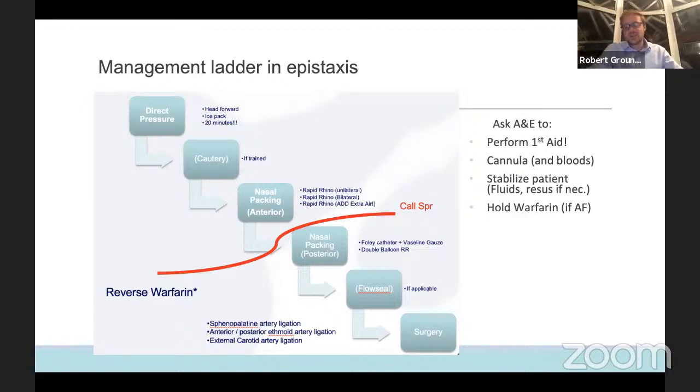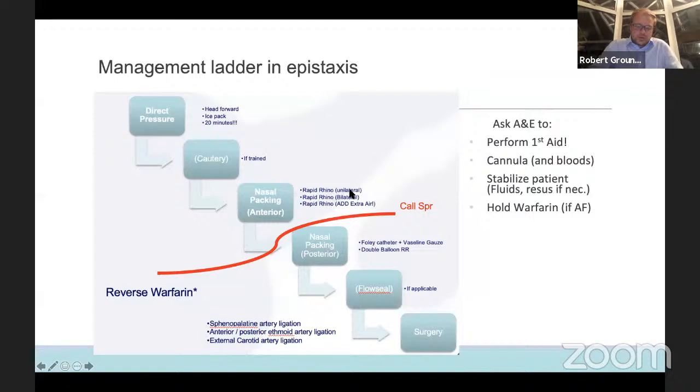Warfarin actually, if you've got a patient who's on warfarin at a low level, perhaps they've got it for AF, then I often ask them to hold it after a discussion about risk benefits. If you've got someone who's got a valve and can't reverse it, we'll often leave them with their warfarin running, as long as it's not super therapeutic. So we do often carry on with that. If their INR obviously has gone up to 12 and that's what's triggered this, then obviously we'll try and control that a little bit. From an ENT perspective, we tend to get involved